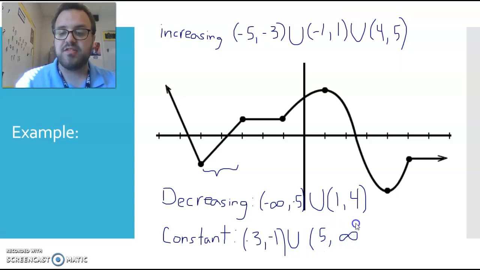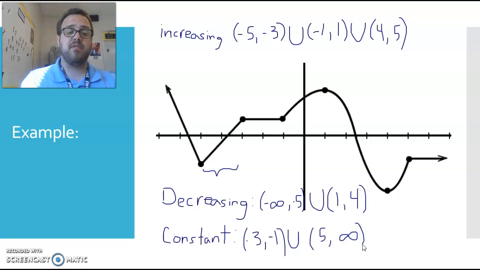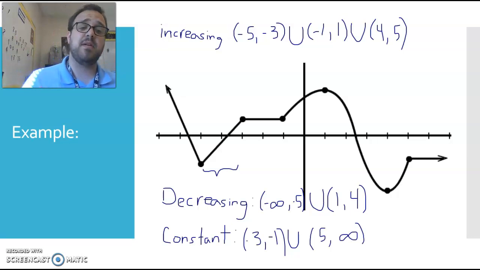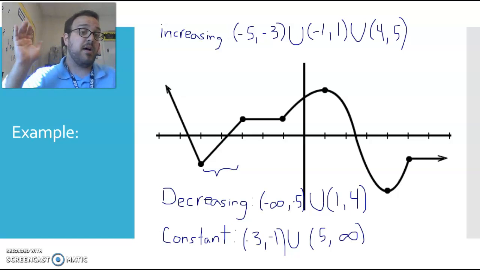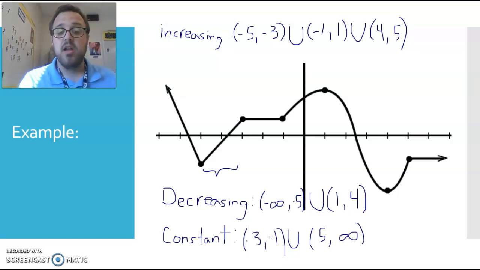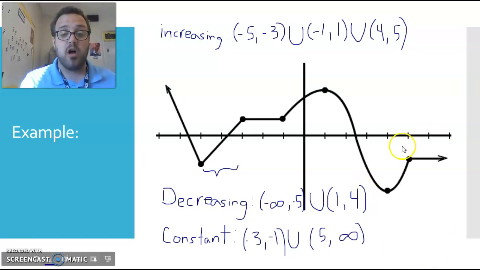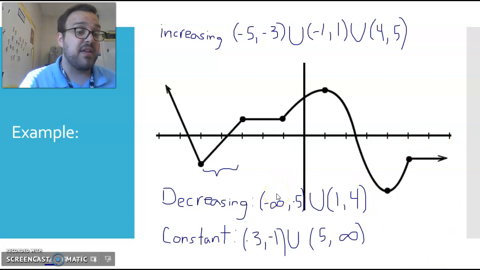One thing when you're doing this analysis and you're saying, oh, here's where my function is increasing, decreasing, or constant, is that you should be able to look at all of those intervals that you just listed, and it should equal the domain of your function. You should basically be including everything there, because your function can only do these 3 things. It either goes up, it goes down, or it stays the same. So I can kind of follow along and make sure I've included everything that I'm looking for